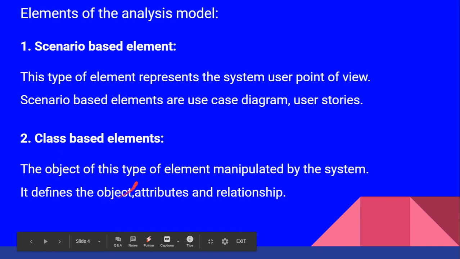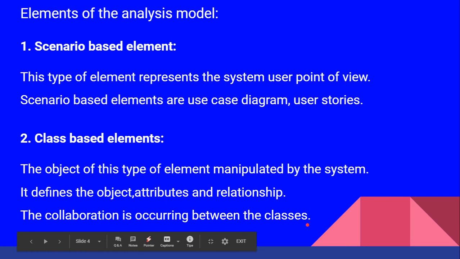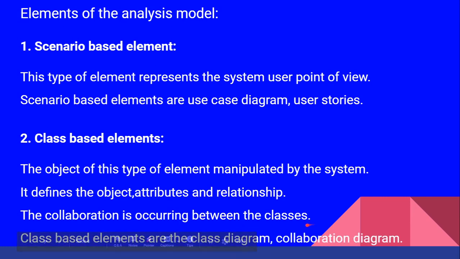So we know what is a class and what are the objects used in the system, what are the attributes of the particular object, and how the functions are created in order to maintain the relationship between one object and the other object. So everything here is a class based model. The collaboration occurs between the classes in order to make the transformation between the models to modules, and so it defines the collaboration diagram. So we can define the collaboration diagram between the classes, so that they can define the whole model as class based elements.